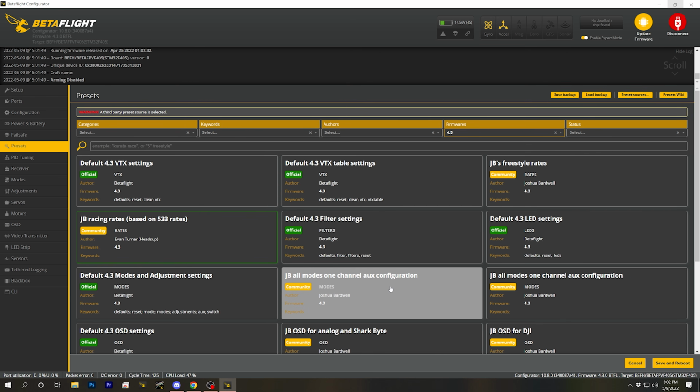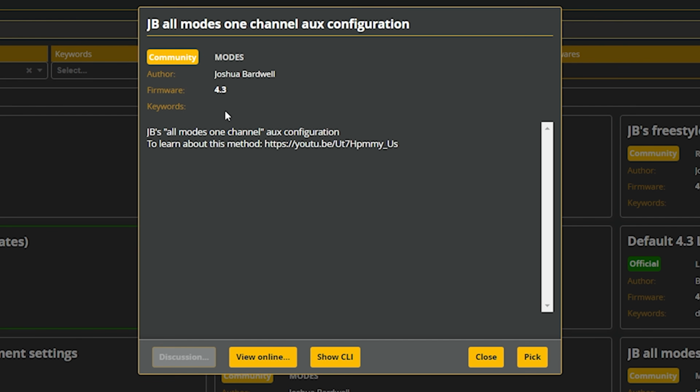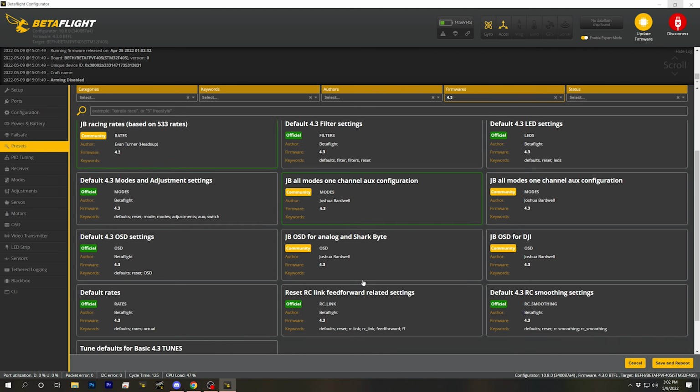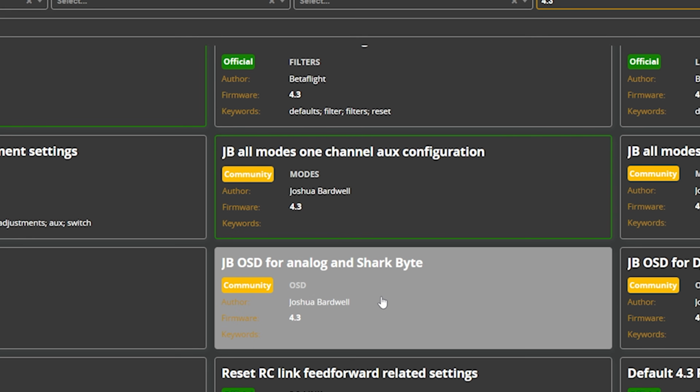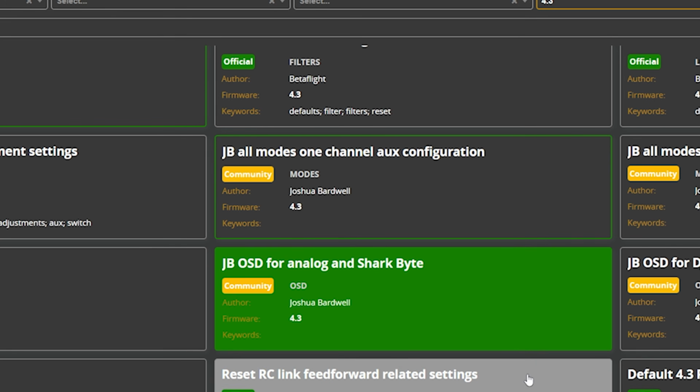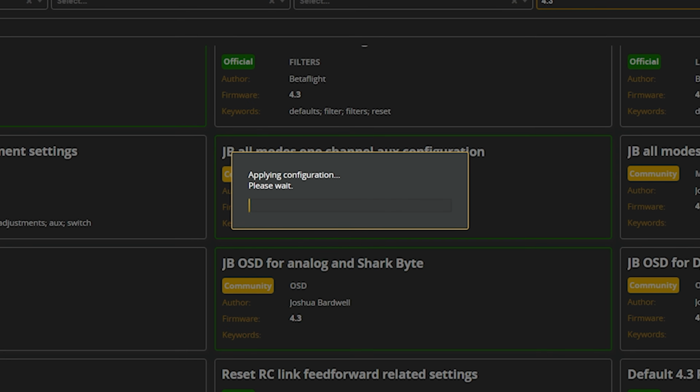And I'm going to add my all modes 1 channel aux configuration to set up my aux modes. And I'm going to set up my OSD, my on-screen display, for analog and SharkBite. I don't know if NTSC or PAL makes a difference, but we'll just hit NTSC here, and we'll pick that and save and reboot. Now at this point, we've done probably 75% of the quad setup just using the presets